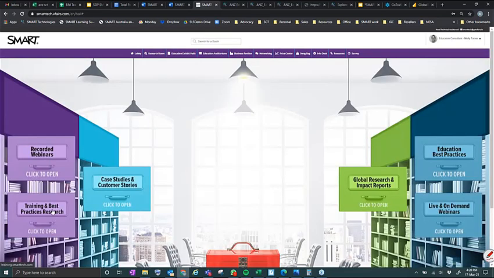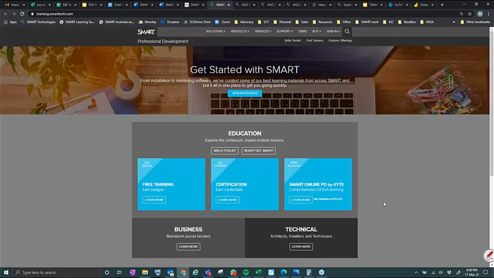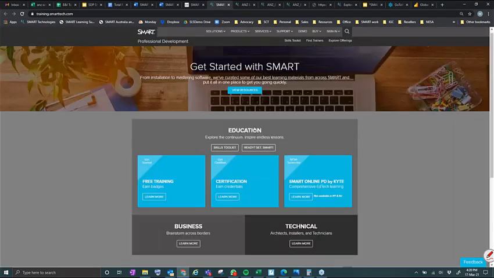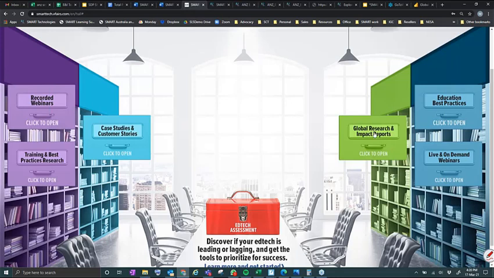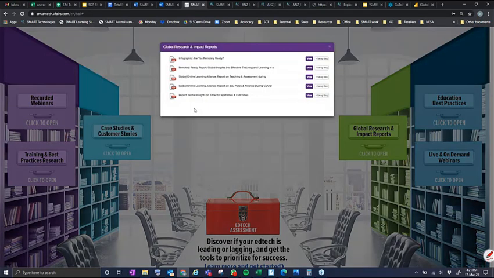And then we've also got our training and best practices. Again, that takes you back to our free training and our webinars. This is where I think there's been an amazing amount of contributions just over the past year. So the global research and impact reports: we have always grounded our technology in academic research, but it was only recently, because of that shift in education in the last 12 months, almost to the day,